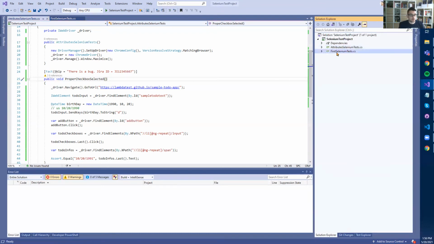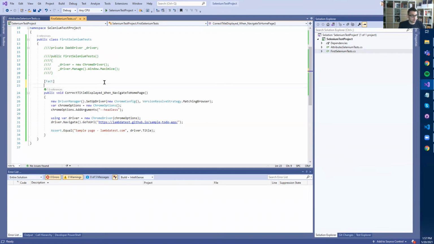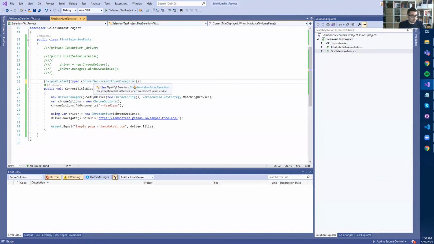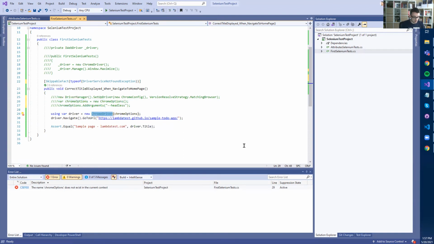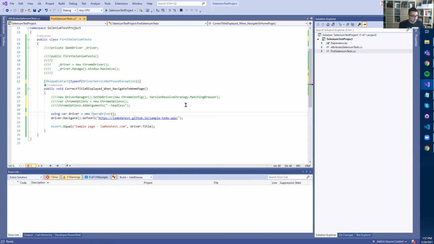For example, if you recall the problem with the driver when we haven't installed the proper version, we can say skipable_fact driver service not found. If we delete this here, and if we don't use Chrome, but for example, Opera, we don't have the Opera driver, right? And we can say Opera driver. And now,